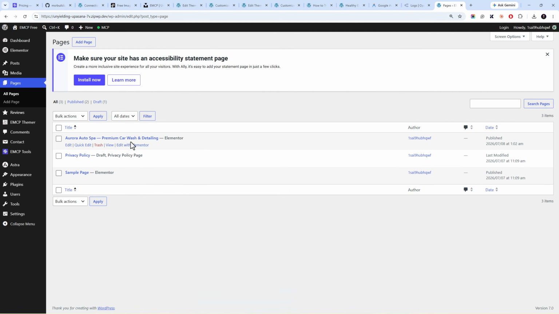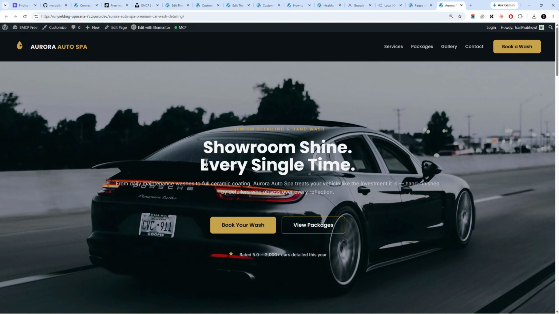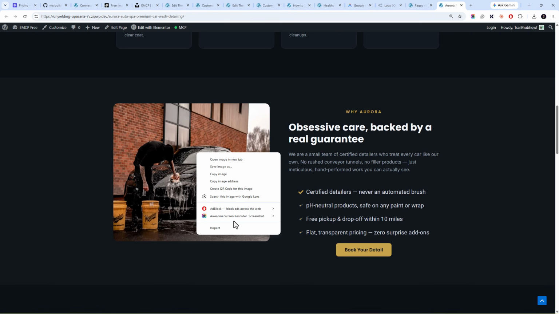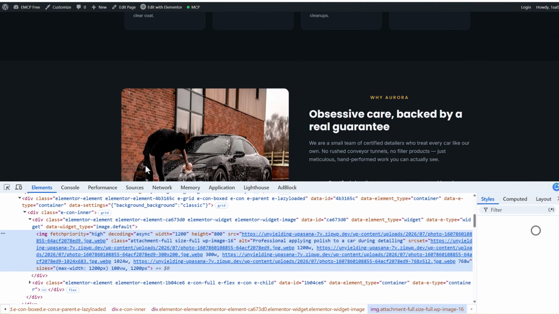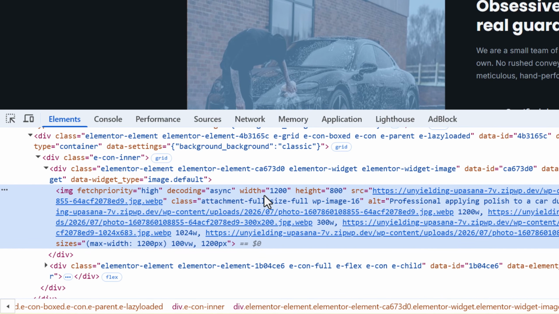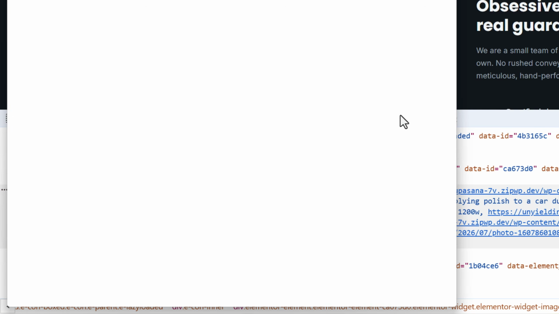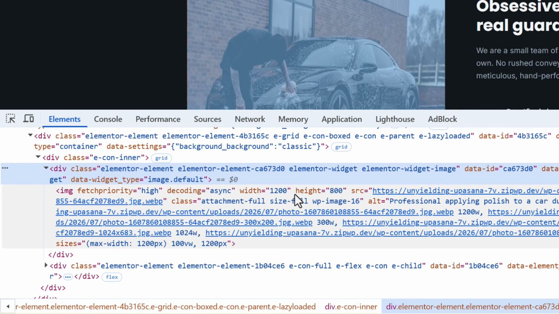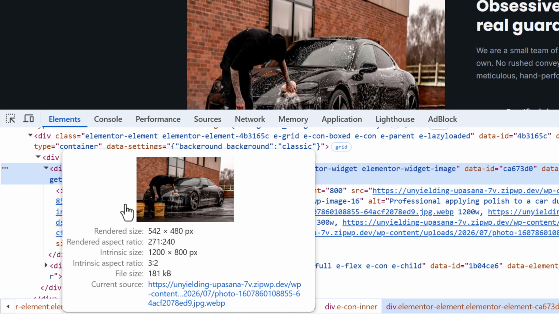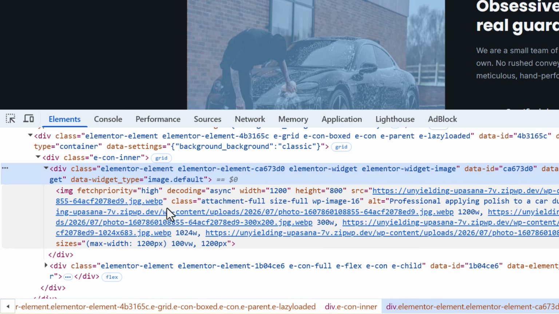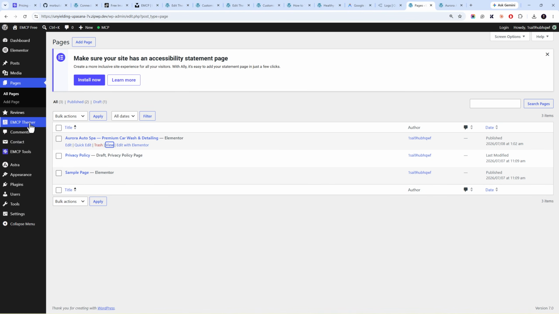Navigate to the pages. This page we had created with the free EMCP and Elementor. I want to check one thing, and you can see this is what I wanted to check. Our image optimization module is also working. You can see it is automatically using the WebP versions served on the front end by the EMCP tools